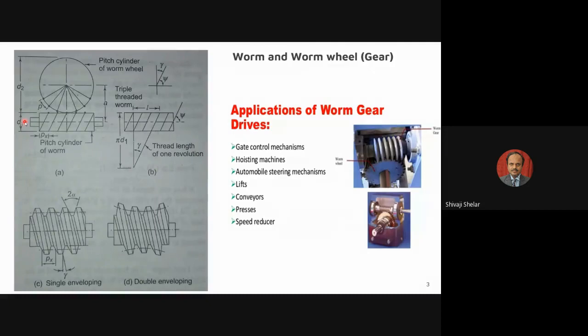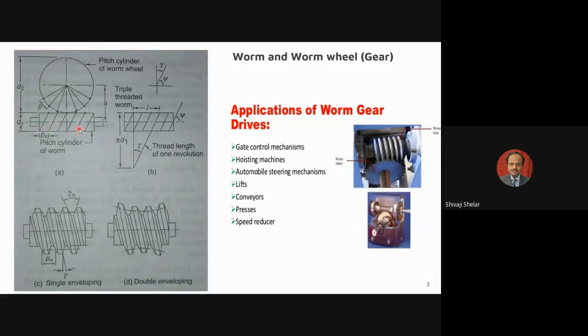Please remember, in the drives you have learned so far: gear drive, spur drive, helical drive, and bevel drive, the pitch diameters are the real pitch diameters. In bevel gear, we have seen there are numerous pitch diameters, so we specified the bigger end as the pitch diameter. But in the case of worm and worm wheel, there will be a reference pitch diameter. The actual pitch diameter will be slightly different than the reference pitch diameter. Suppose this reference diameter is 20 mm, then my actual pitch diameter may be 20.1 mm. That real pitch diameter may be different than this D1 value.